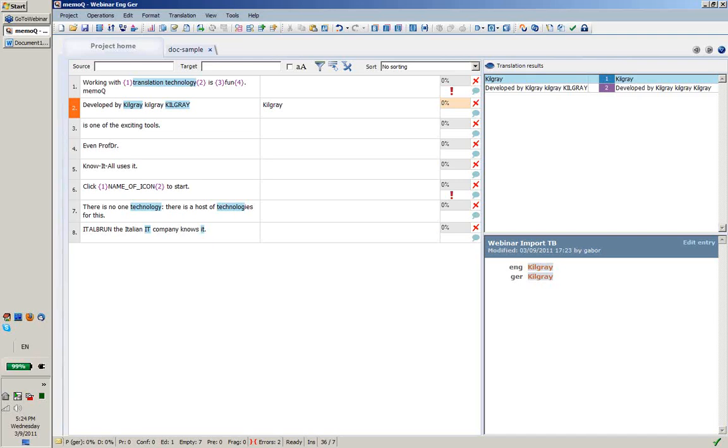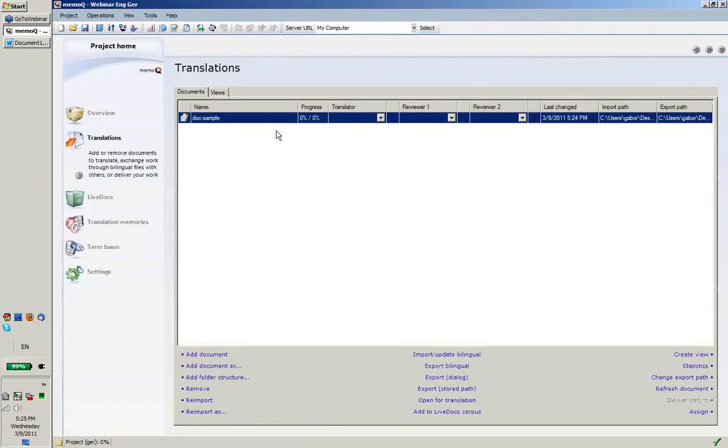So that was about it for terminology, and I'm going to take a really sharp turn and move on and talk a little bit about live docs and translation memories. I'm going to basically be alternating between these two. First, a few words about